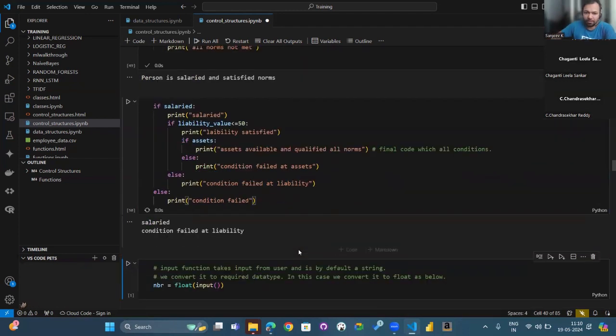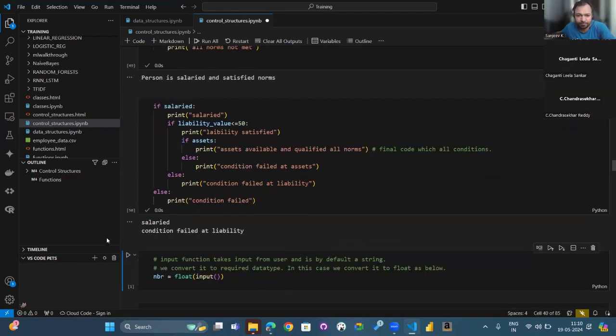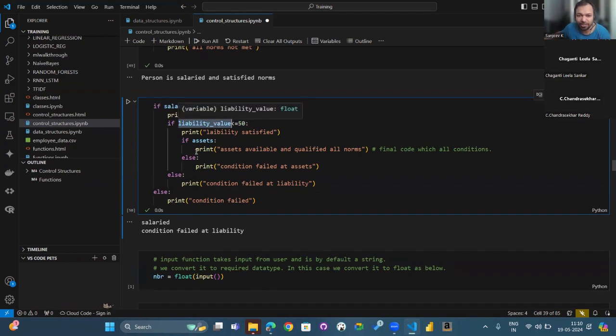Okay. So for example, now I have salaried, it is true. It went to liability. The liability is 50.01. It did not meet. So what has happened? Condition failed at